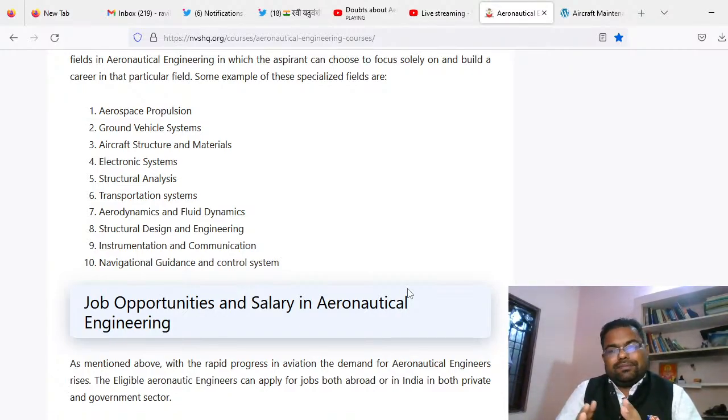Apart from that, there are also named specializations, like aerospace propulsion, ground vehicle systems, aircraft structure materials, electronic systems, structure analysis, transportation systems, aerodynamics and fluid dynamics, structural design engineering, instrumentation, communication, navigation, guidance and control systems. These are the wider areas of specialization you can pursue in aeronautical as well as in aerospace